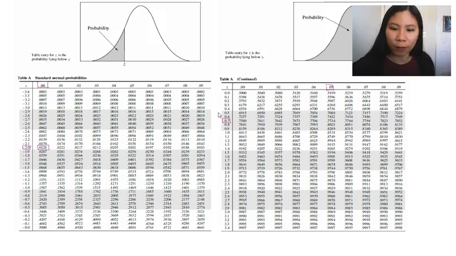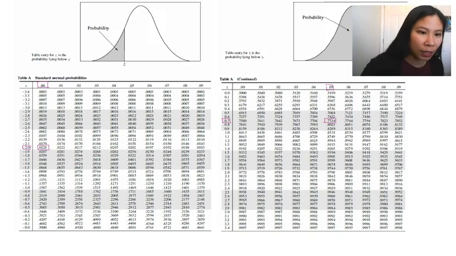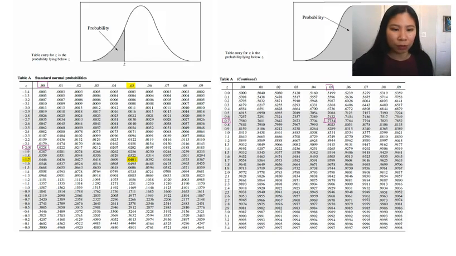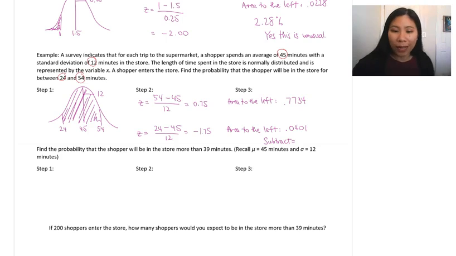Second decimal place of 5, so crisscrossing, I end up with 0.7734, and then my other z-score was a negative 1.75. So on the negative side, we have a negative 1.7, second decimal place of 5, so my crisscrossing will be the 0.0401. Okay, so now I get to take those two areas and subtract them to end up with